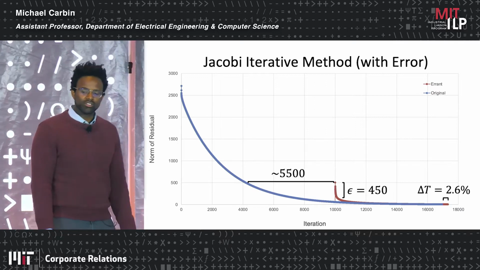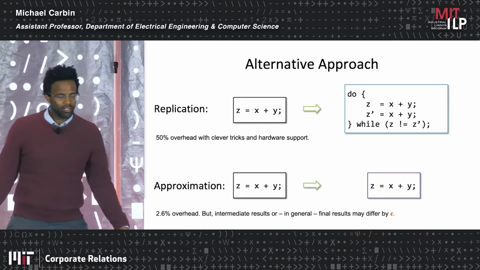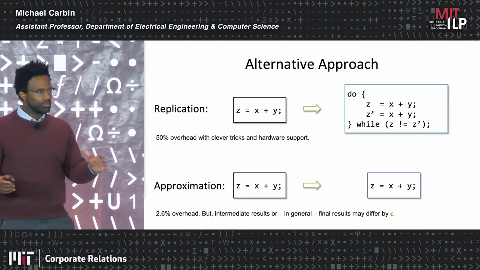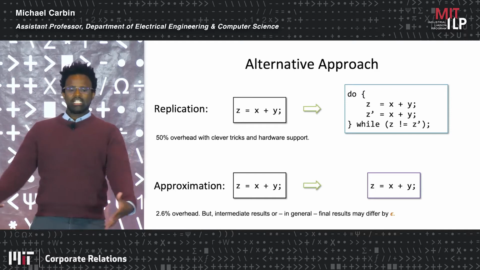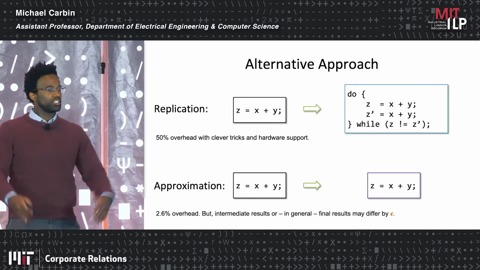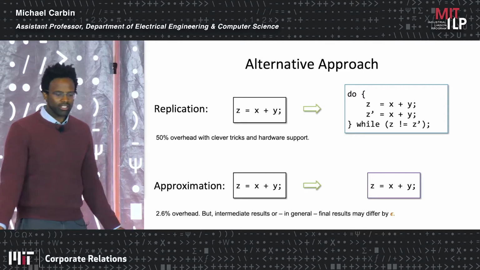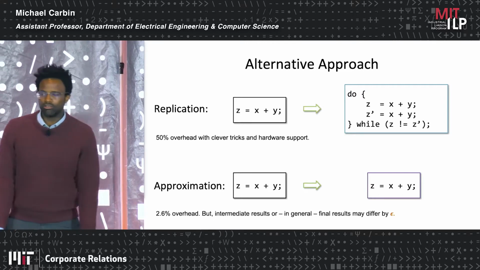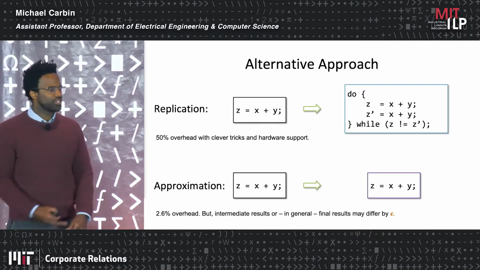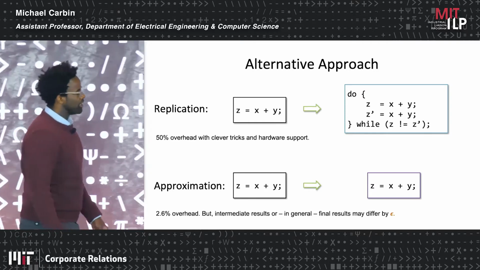And so what this gives us is a really unique opportunity. One, we can replicate, as we talked about. If you were to replicate this computation, and if you dig through the literature to find the best techniques for doing this, you might see something like 50% system overhead, resource overhead. Not quite as bad as you might expect, where it's going to be 2x, but you can get it down if you do some clever things. But with approximation, if we just let errors happen, well, this is great. We can get 2.6% overhead.